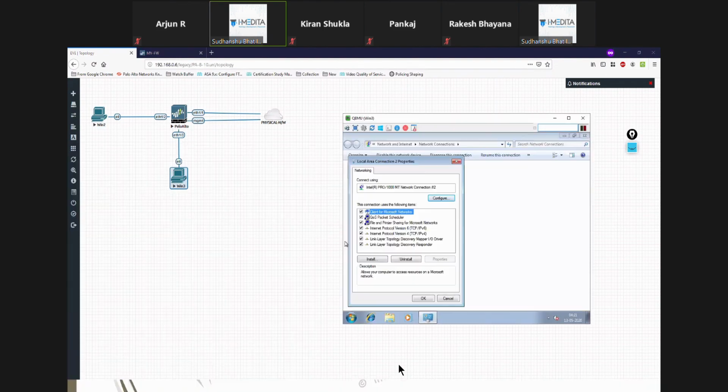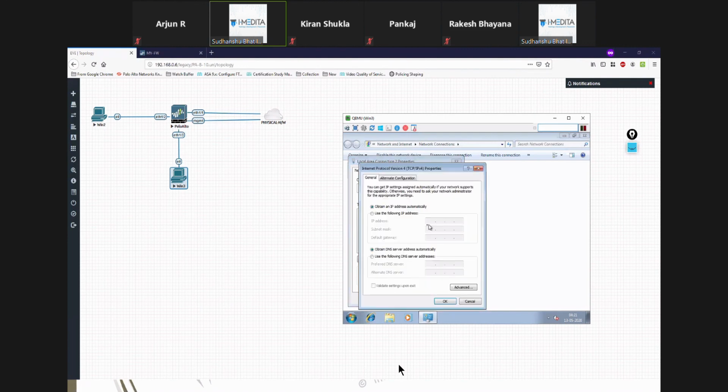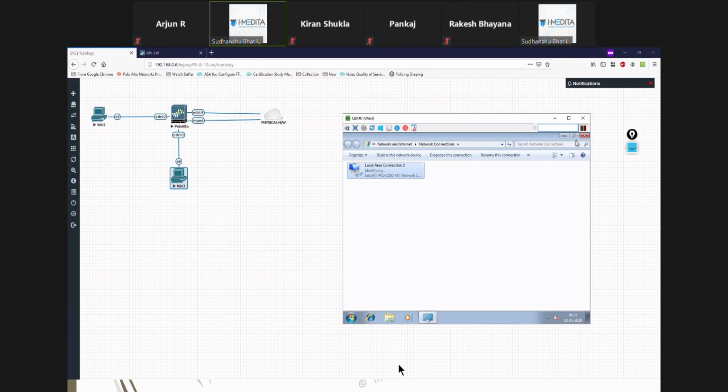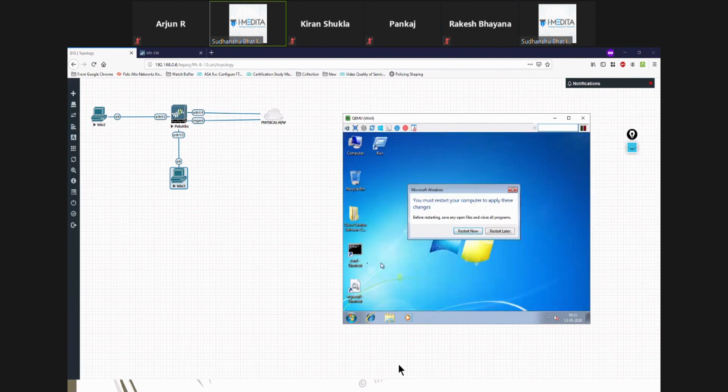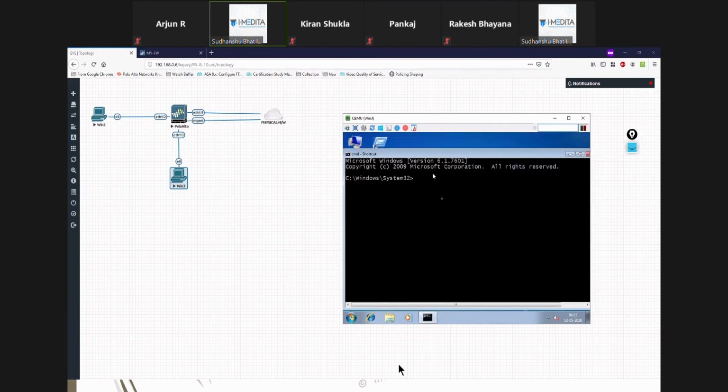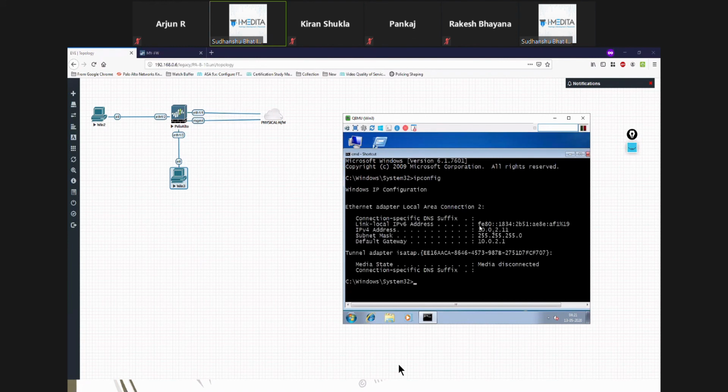And here I'm assigning 10.0.2.11. Default gateway is 10.0.2.1. So see, this is a PC that has got IP of 10.0.2.11.